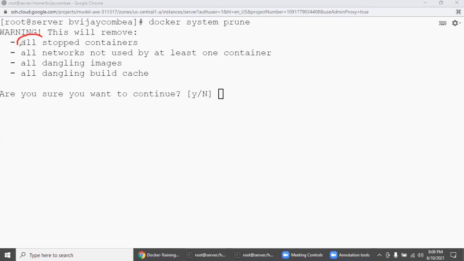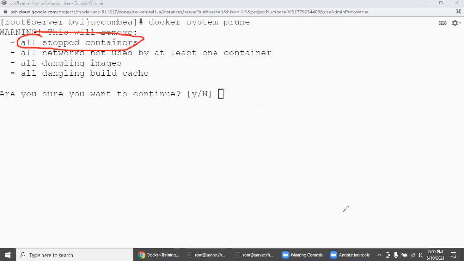It will remove all stopped containers, and if a network is not used by at least one container, those networks will also be removed, along with all dangling images. We will explain dangling images in a specific session. Due to the dangling images, any cache will also be removed in one single command.